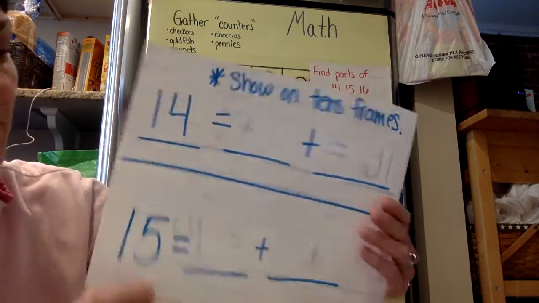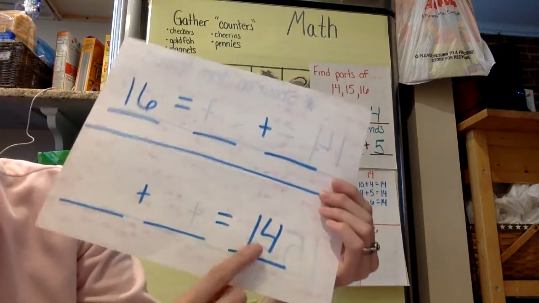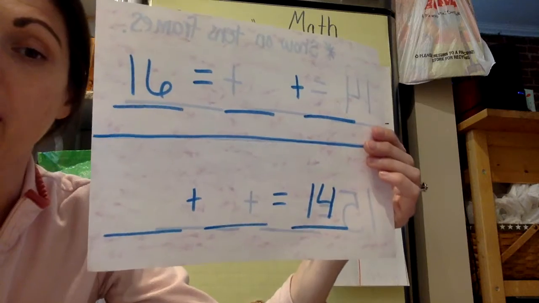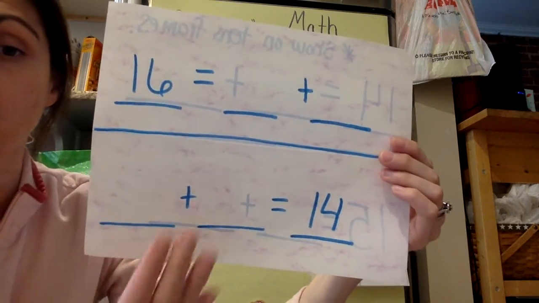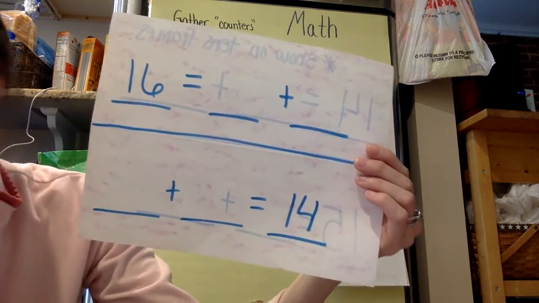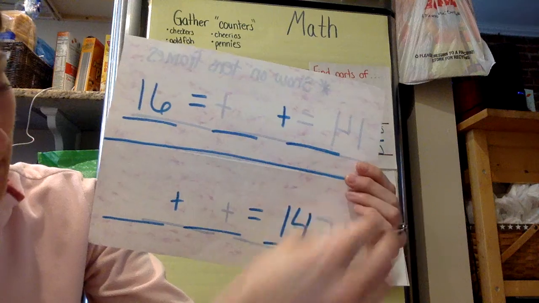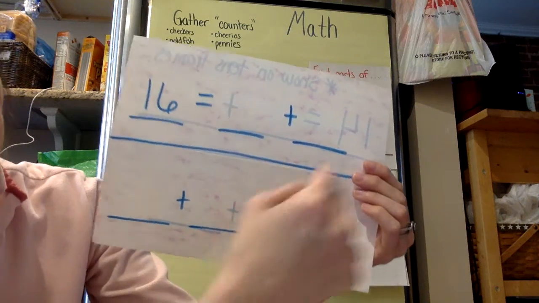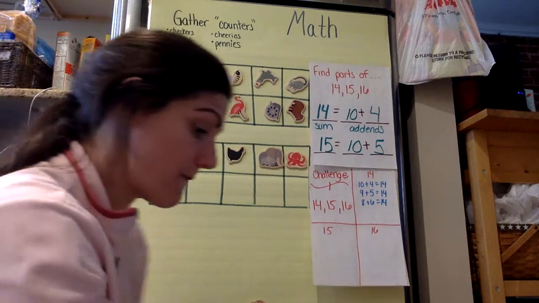Same with 15. You turn on the back, 16, and then I gave you 14 again, but I switched the equal sign to the other side. That shouldn't change your add-ins though, right? I just switched the equal sign, okay? So instead of saying blank equals blank plus blank, I have blank plus blank equals, okay? Then, if you finish that,